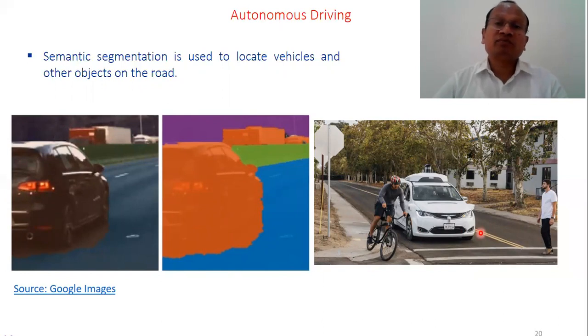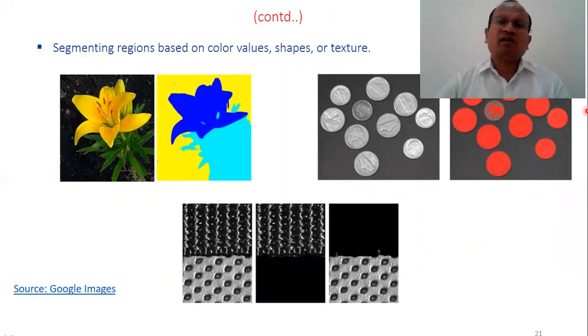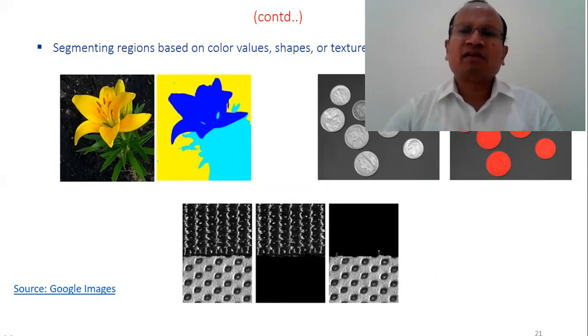Segmentation plays an important role. Classifying the entire region into a number of regions needs the assistance of segmentation. You can see that, as I was telling you, it is based on the different color values, shapes, and texture. If you see the first diagram here, right? In the first diagram, what we can see is that there is a flower, and if you want to segment,